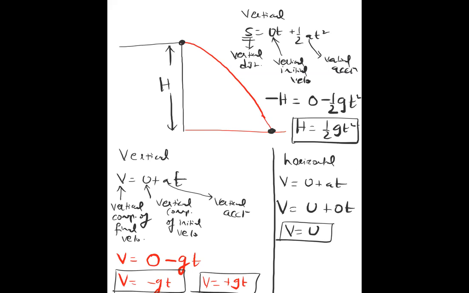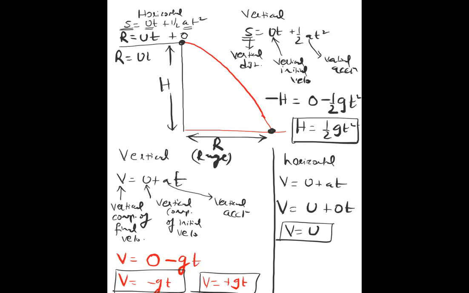And then a similar formula, if you apply for horizontal, now I'm not going to write everything again. I'll directly write the values. But remember that these values will be very different from vertical. Now the horizontal displacement, horizontal initial component, horizontal acceleration. Horizontal acceleration will be 0, right? And the horizontal distance we traveled, suppose we call it r, that is the range. We call it the range. So r is equal to initial horizontal velocity u and time taken t. So it becomes a very simple formula, r equals ut. u is the initial velocity with which it is thrown, and it remains the same. So distance equals speed into time, a simple formula.